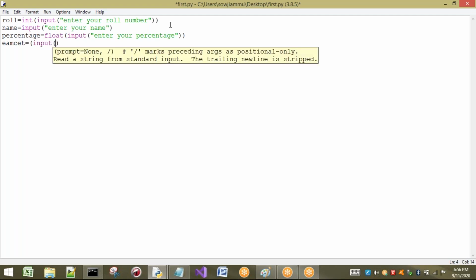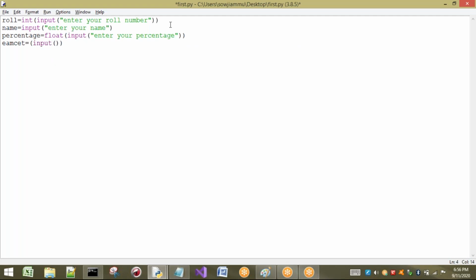I have to take the input function. Input of: Enter whether you have written MSET or not. I have to tell in the form of true or false.